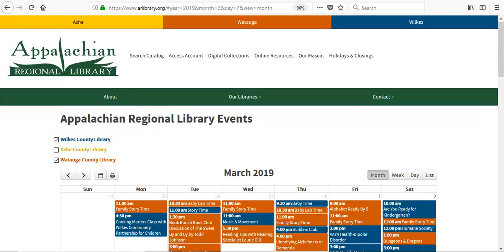And today I wanted to show you how easy it is to access the NC Kids Digital Library that was created especially for children from pre-K through the 4th grade. So the first thing you'll need to do is go to the Appalachian Regional Library page at